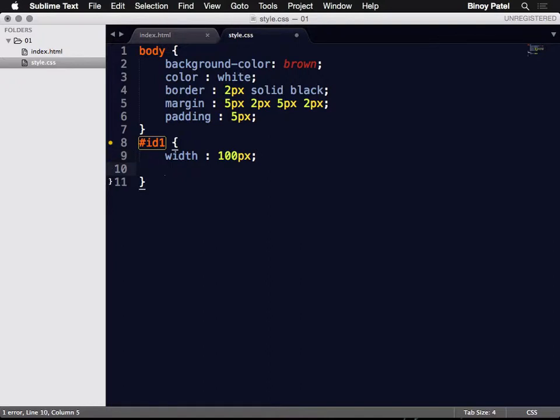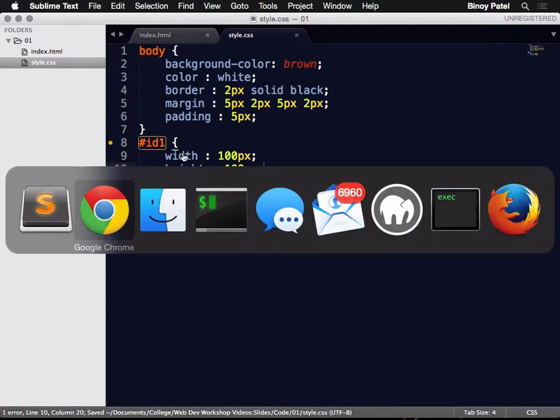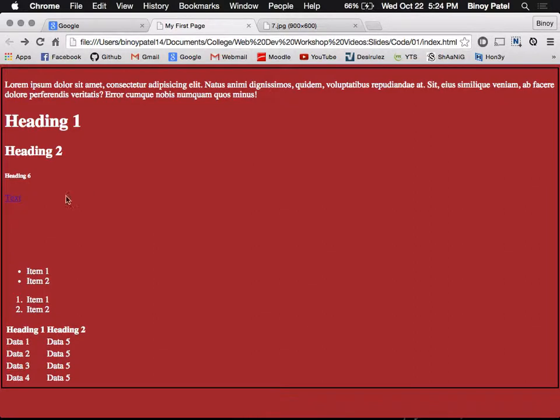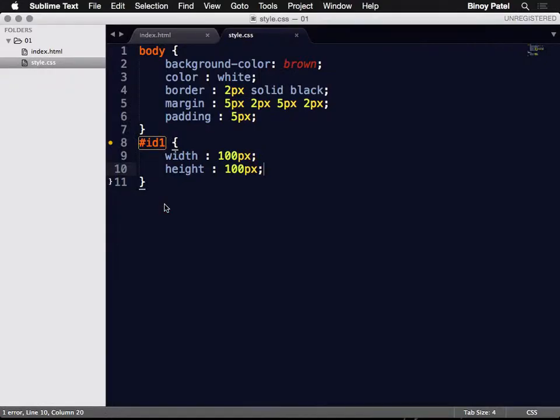So in terms of pixels, let's define a width and a height at 100 pixels. When we do this and go back and refresh it, you see a space created, but there's nothing in it. But when we then define the height, so like when I comment this part out, and to comment in the